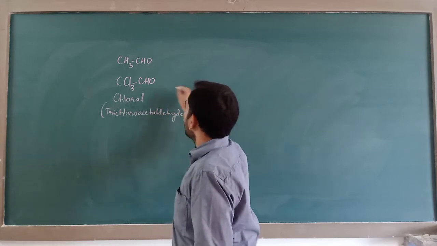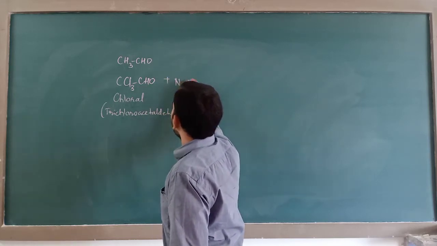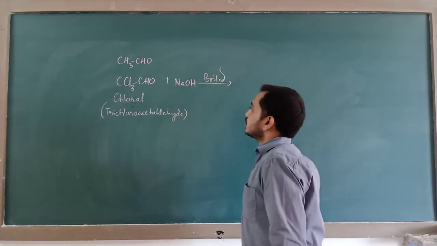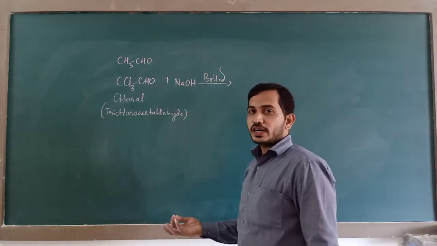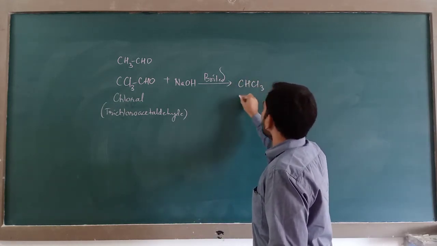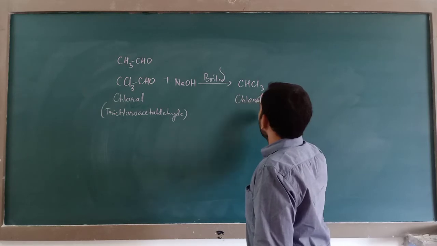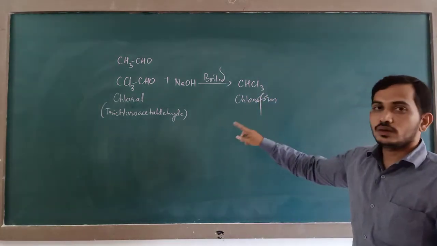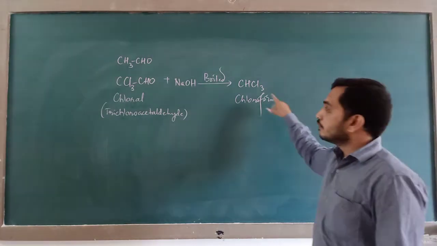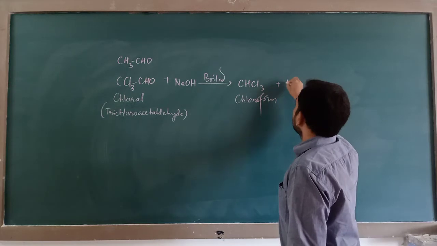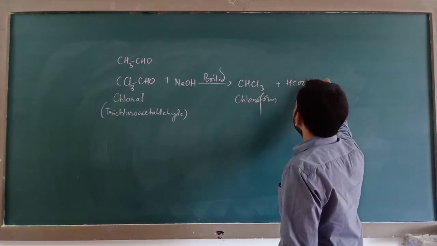So when chloral is heated or boiled with sodium hydroxide, what product is obtained? The best reaction to prepare chloroform. It is one of the known reactions to prepare chloroform. From chloral you are going to prepare chloroform